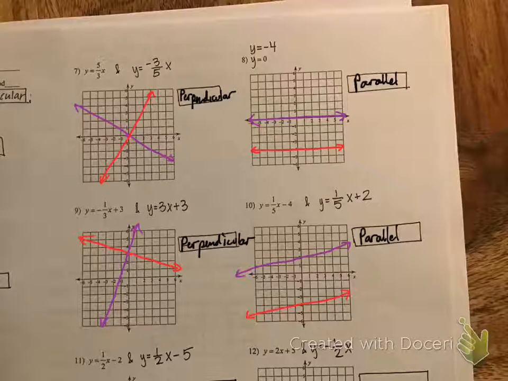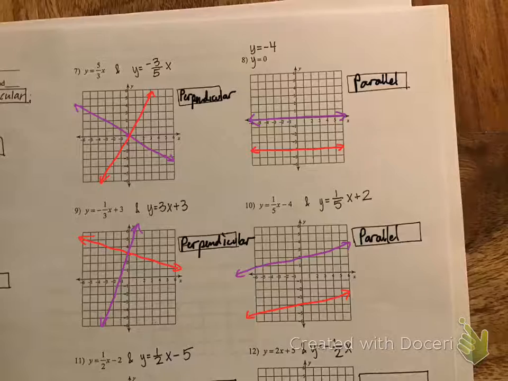So again, determining parallel versus perpendicular should be pretty straightforward. Remember, with perpendicular, not only are they intersecting, but they're intersecting at what angle? 90 degrees. So they have to be intersecting at about as extreme an angle as it can be. So if they're going side by side, and you're not sure if they're eventually going to touch, you can assume they are parallel in this case because they are not perpendicular. They'd be intersecting at 90 degrees from each other if they were perpendicular. So anyways,